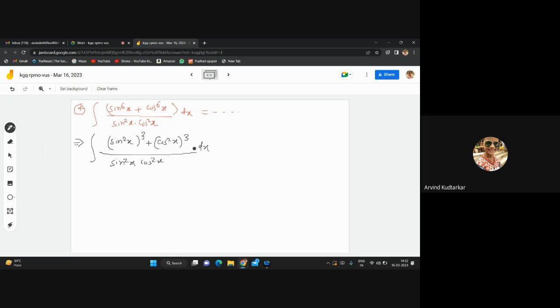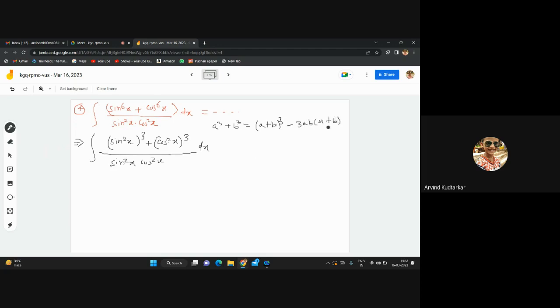And do you know the formula for a cube plus b cube? What will be the formula of a cube plus b cube? A cube plus b cube is, yes, it is nothing but (a plus b) whole cube, yes, minus thrice ab into a plus b,